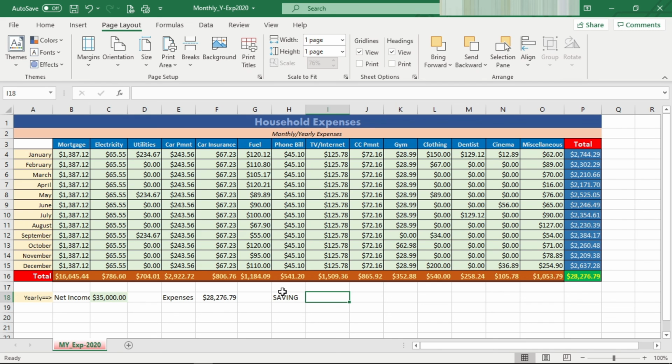Again, remember, in Excel, whenever you need to do an operation, you start with the equal sign. Okay? Now, equal sign, I'm going to subtract my expenses from my net income. Net income minus expenses equals. Now, I saved for the year